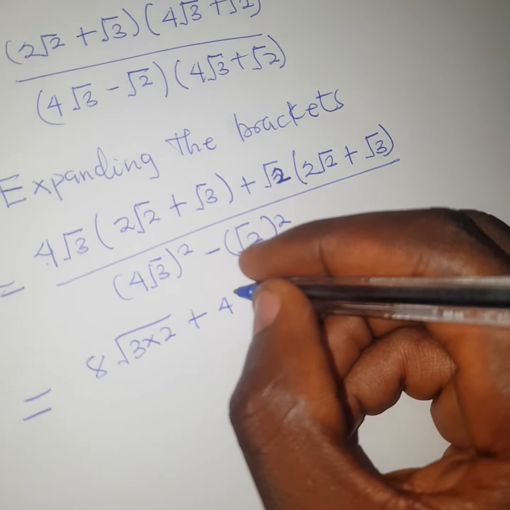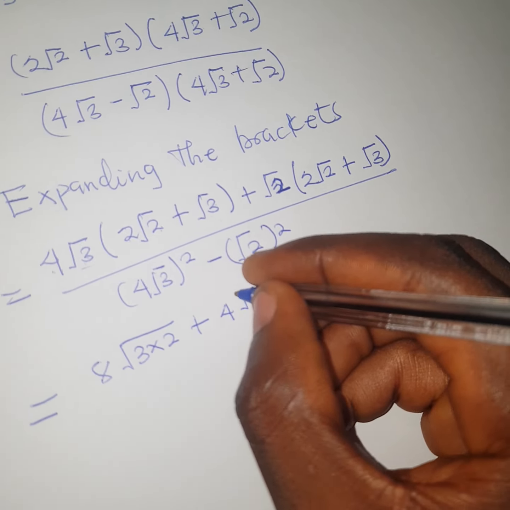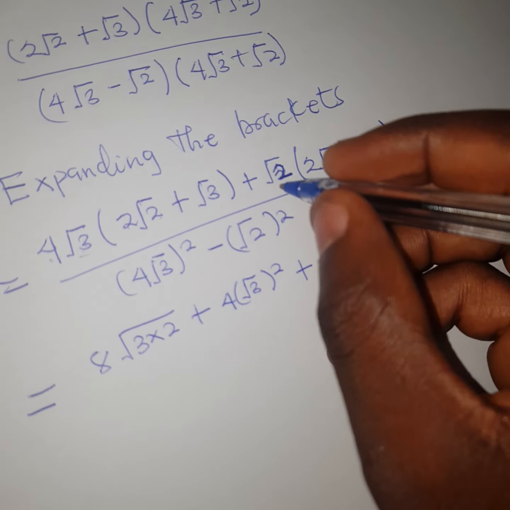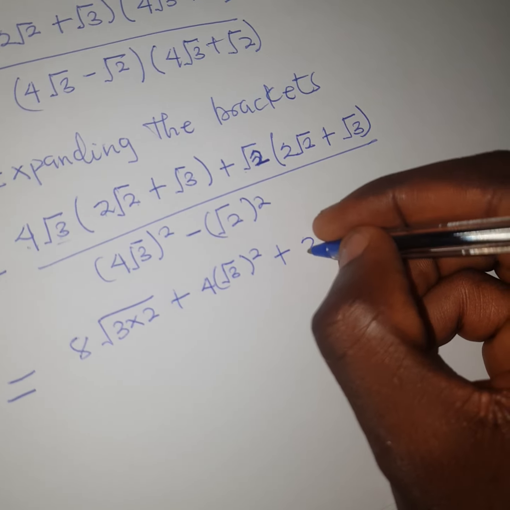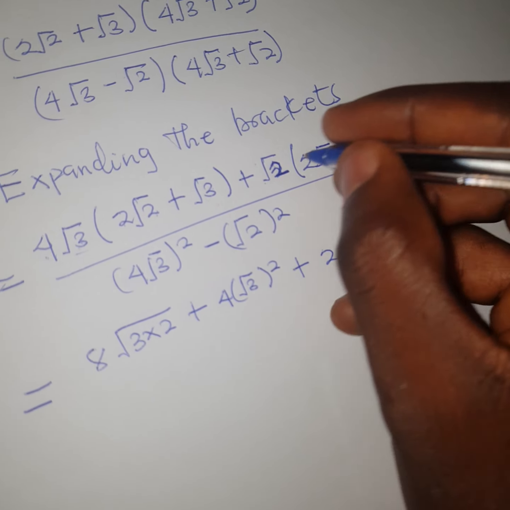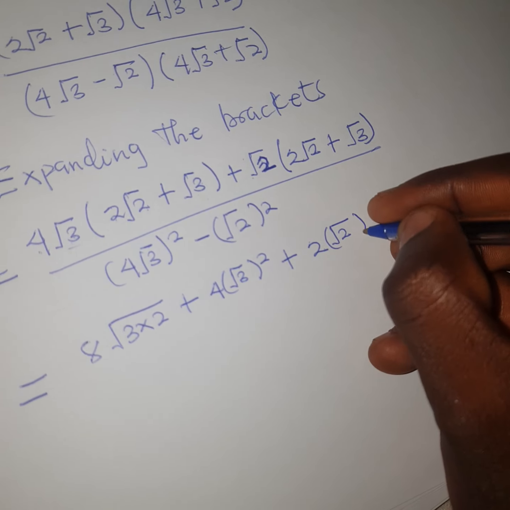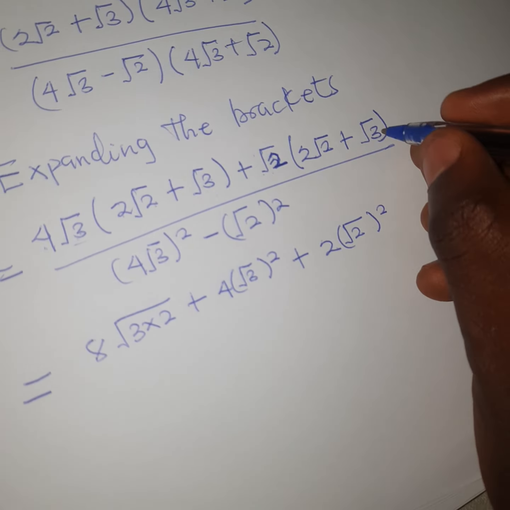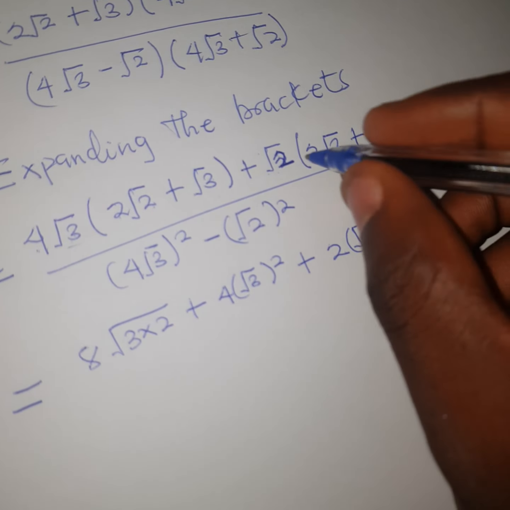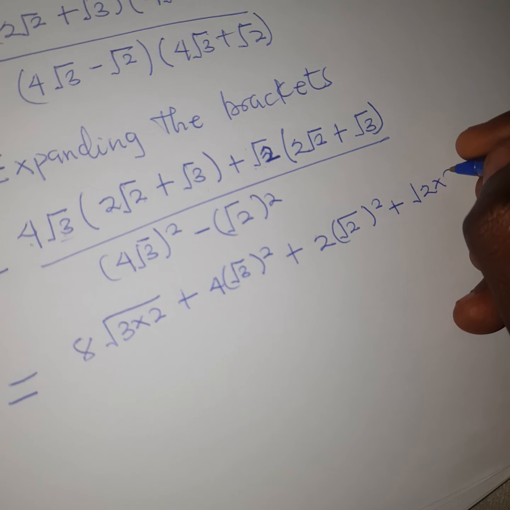Because this and this are the same, you get root of 3 all squared, plus this multiplied by this, the coefficient here is 1, multiplied by this will be 2. This and this are the same, so it will be root of 2 all squared. This multiplied by this will give you plus a root of 2 multiplied by 3